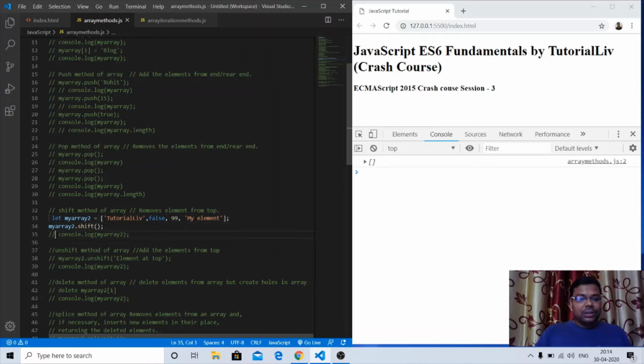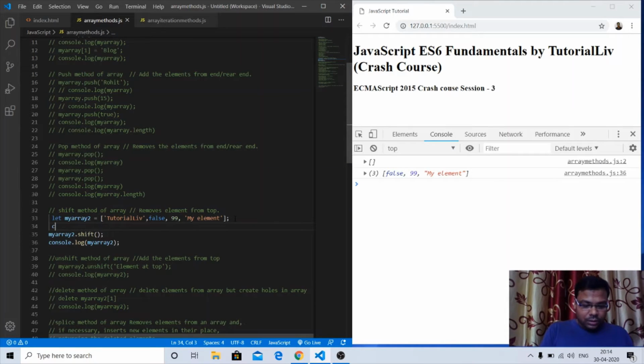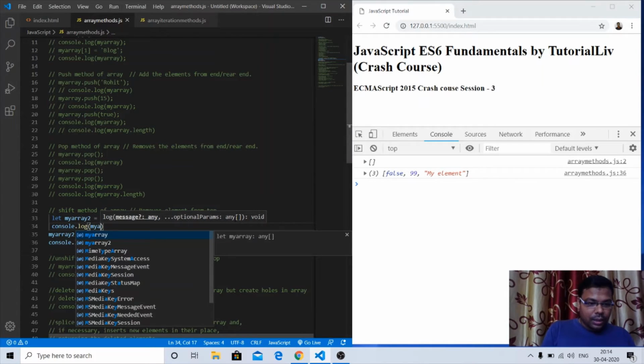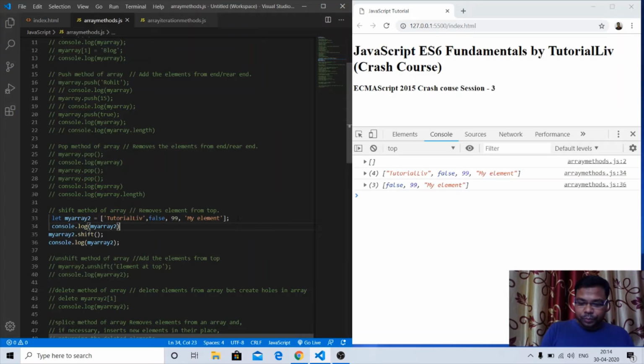If I check what we have in the array at this time, my array 2, and console.log it before calling the shift method, we can see that we have tutorial live, false, 99, and my element. There were 4 elements in the array.